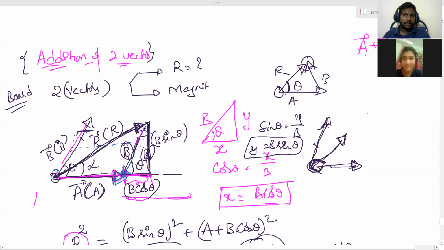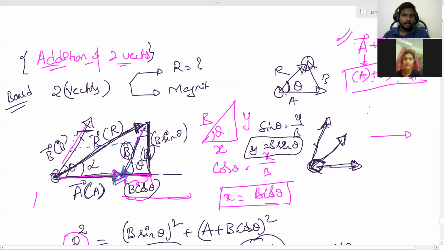Yes. A vector will have not only a direction but a magnitude of some A. B vector will have not only a direction but a magnitude of B. This A plus B is not equal to R. Got it? This R is the magnitude of R vector. Vectorially they are adding, but not simply A plus B is equal to R. Magnitude A plus magnitude B is not equal to magnitude R, because depending upon the angle between A and B, the resultant vector magnitude also will change.